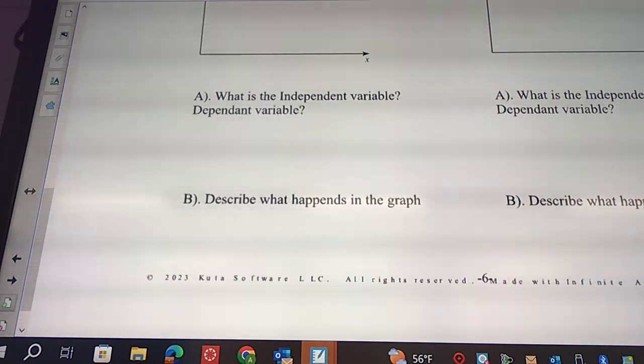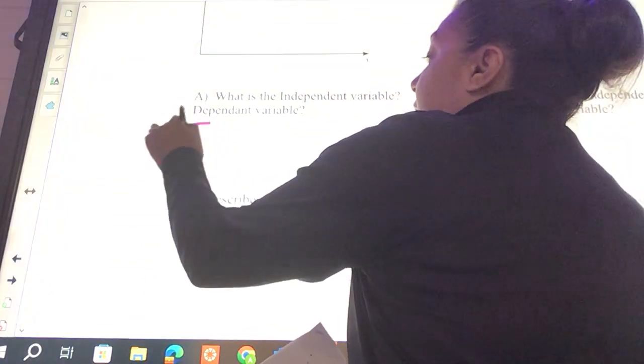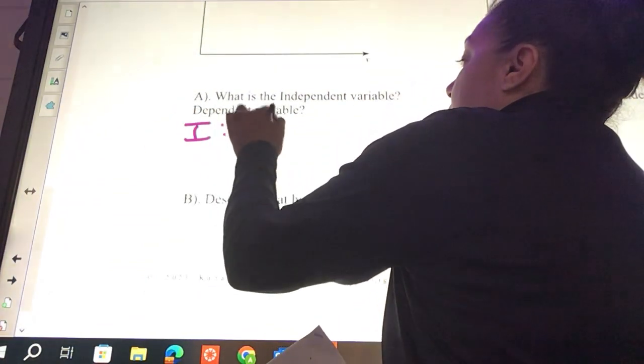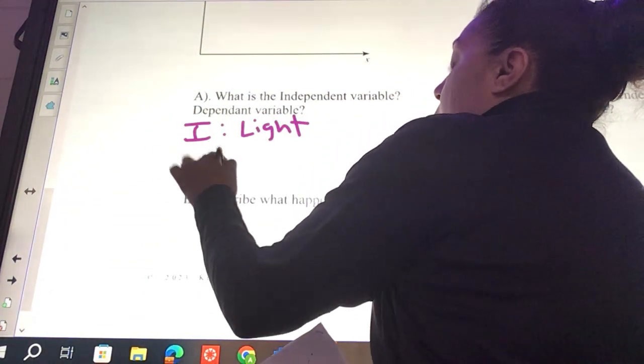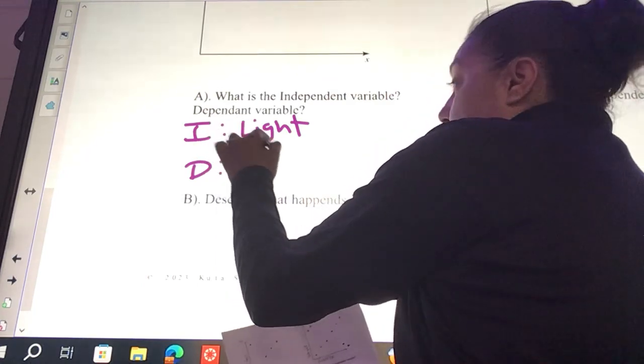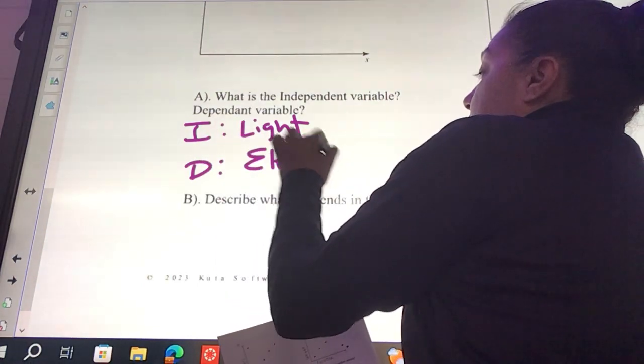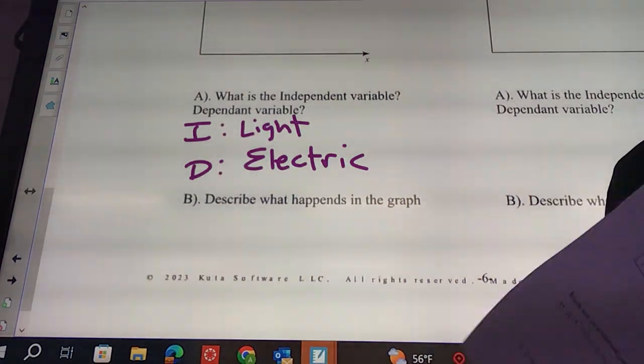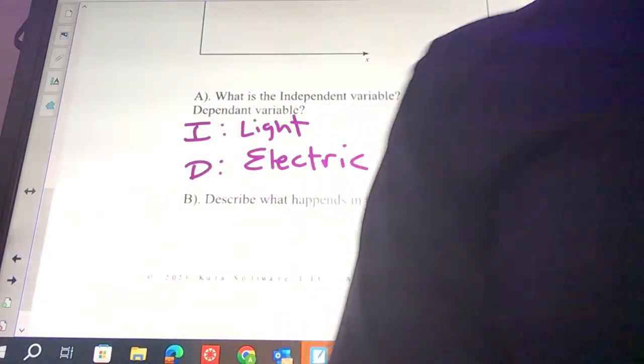Okay, so our lights on, that's something that I can control. I'm always going to have a light bill, but how much I leave the lights on is going to depend on how high that electric bill is. Okay, you guys go through. You do not